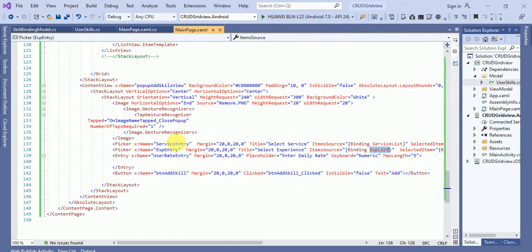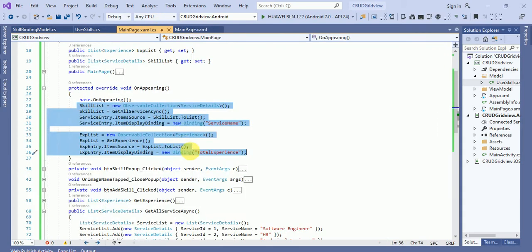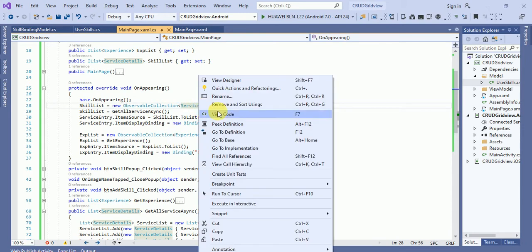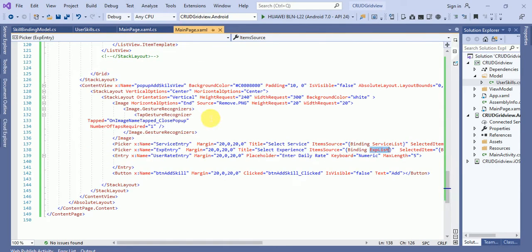Okay, and here you can see one more thing, you can see the item display binding equals to service name. So what is this service name? So this service name is the property of our class. This service name will be bound and this total experience will be bound in the people picker. Okay,